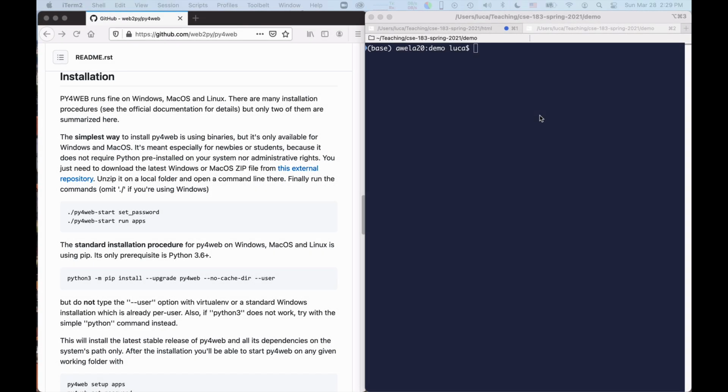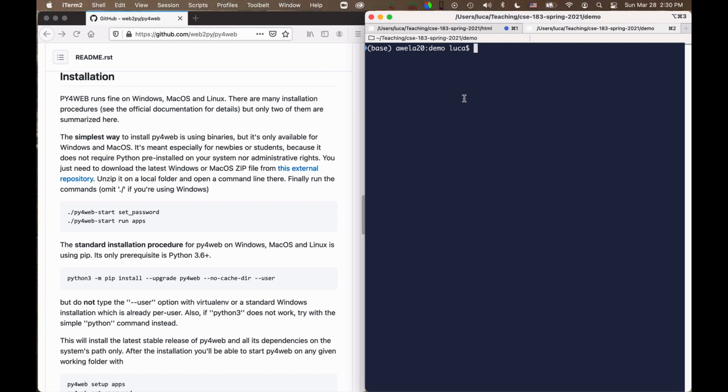I want to demonstrate now the easiest way of installing Py4Web. The way we use in class is to clone the Git repository containing the source. But the simplest way is to install it via pip. To do that, I begin by creating a Python environment in which to install it, so that we isolate the set of packages we use for Py4Web from all other packages.